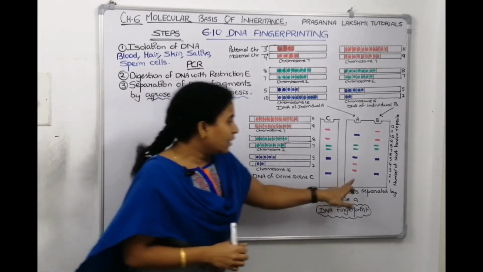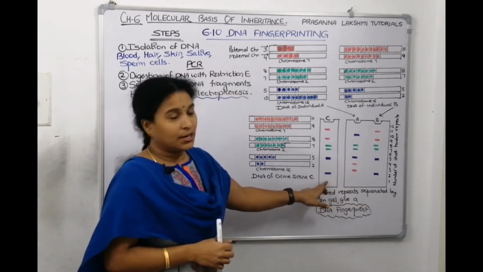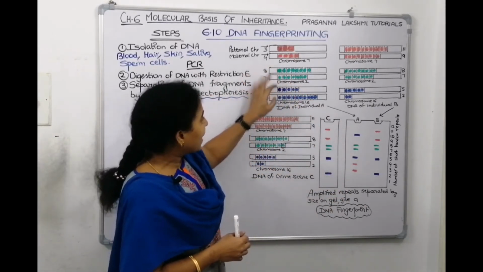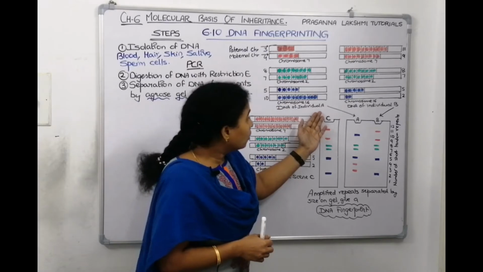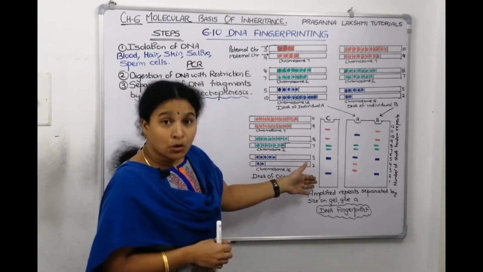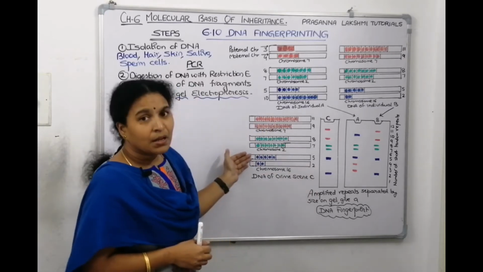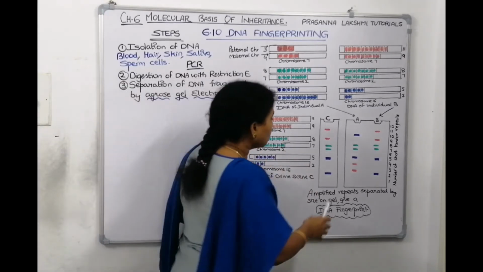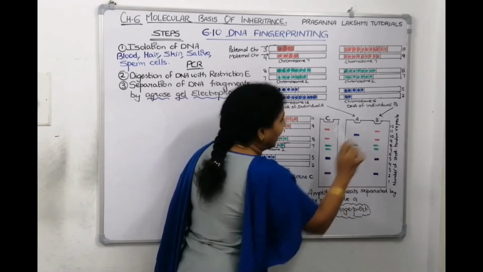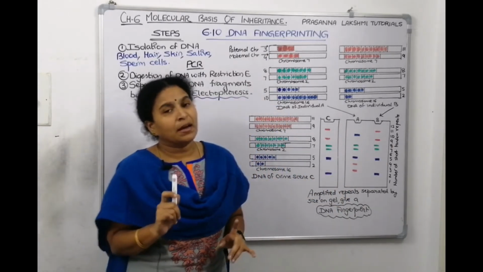So they have prepared a gel here and one small gel here. One big gel to load the DNA fragments of person A and person B, and a separate small gel to load the fragments of person C. So like that, you prepared a gel for A and B, and a gel for person C. So I told you how to prepare agarose gel.